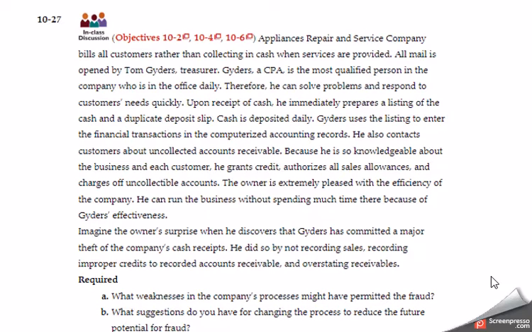He can run the business without spending much time there because of Guiders' effectiveness. Imagine the surprise when he discovers that Guiders has committed a major theft of the company's cash receipts. He did so by not recording sales, recording improper credits to the recorded accounts receivable, and overstating the receivables. So, what weakness in the company's processes permitted him to do this fraud? And then, what suggestions do we have